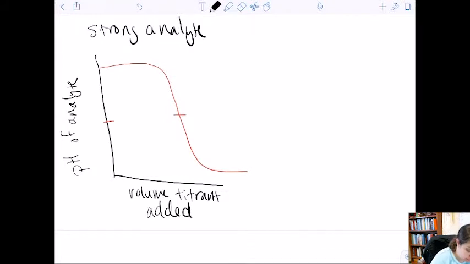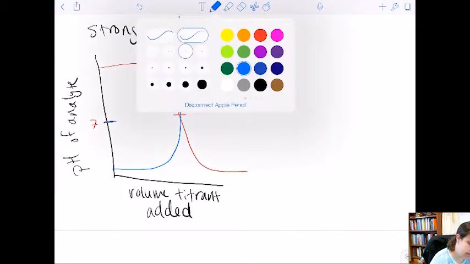So this pH of neutralization will be 7, whether it is a base analyte or an acid analyte. They'll both be a pH of 7. Okay? If you have a weak analyte,